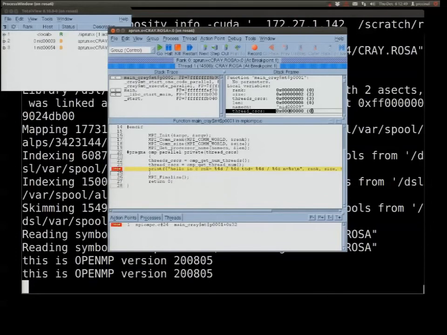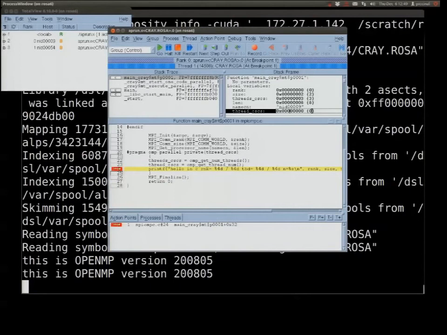The first one: if you look at the top, there are two lines. In that case, we are on MPI rank 0, MPI task 0, and thread 1. So that's probably the first OpenMP thread of the MPI task.